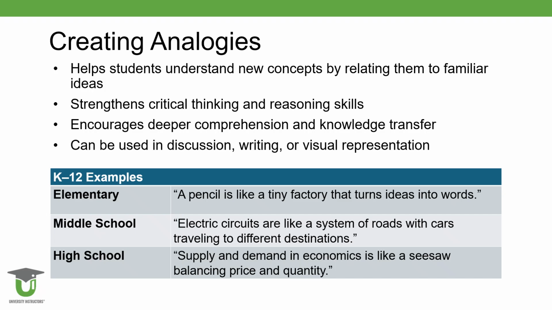Additional examples include an elementary student saying, "A pencil is like a tiny factory that turns ideas into words." A middle schooler comparing electric circuits to a system of roads and cars traveling to different destinations. Or a high school student explaining, "Supply and demand in economics is like a seesaw balancing price and quantity." By creating analogies, students actively process content, make connections to prior knowledge, and are better able to apply their understanding in